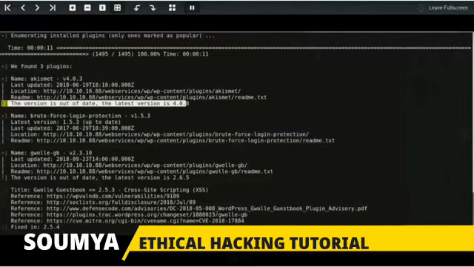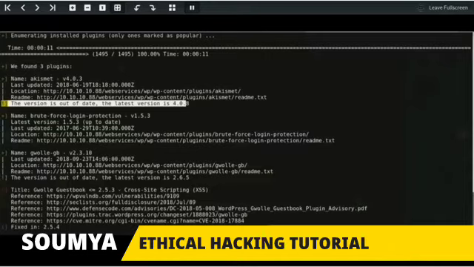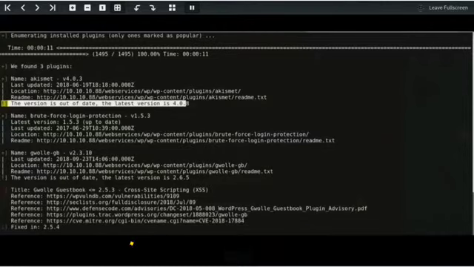It is saying that it found 3 plugins. The yellow ones are for outdated plugins, but we are interested in the red ones. So we have this Gwolle Guestbook cross-site scripting, XSS. But it is a red one, and we are going to use this vulnerability to get access to the